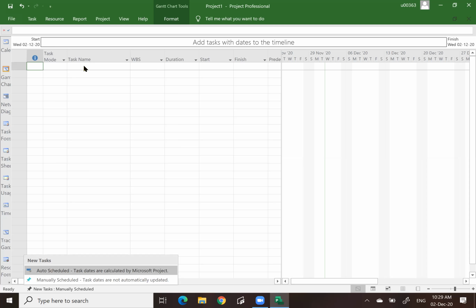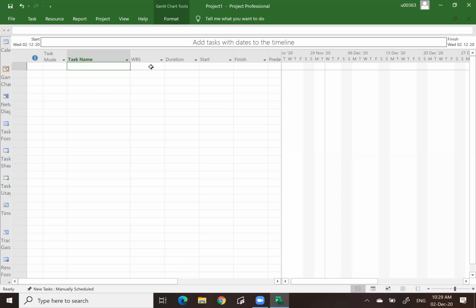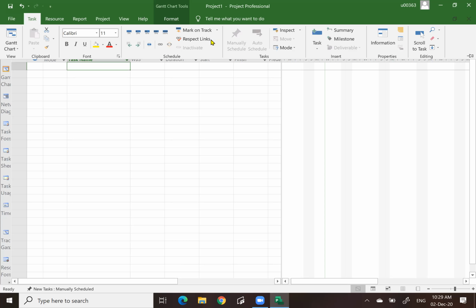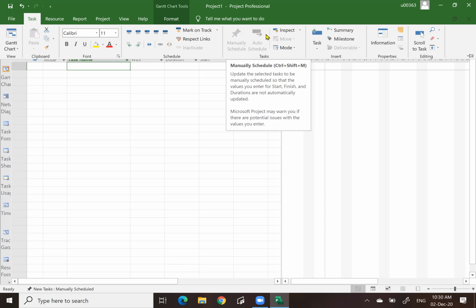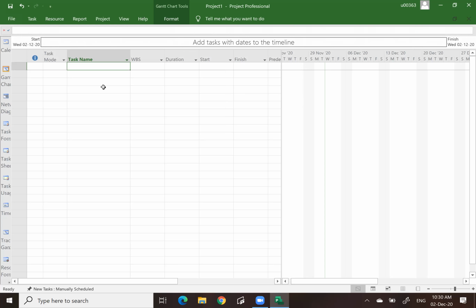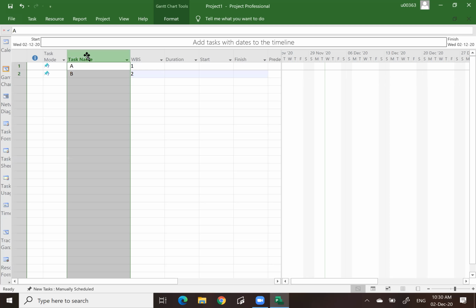Okay, let me explain to you the differences between these two versions. Not two ways of scheduling, auto or manual. You can click on the task, and you notice it is not being shown there yet because we have not selected any task. Okay, manual schedule and auto schedule. Let me just simply type an activity, let's say A, and then B. You see, the way to type in the activity, just using this task and start typing the real name